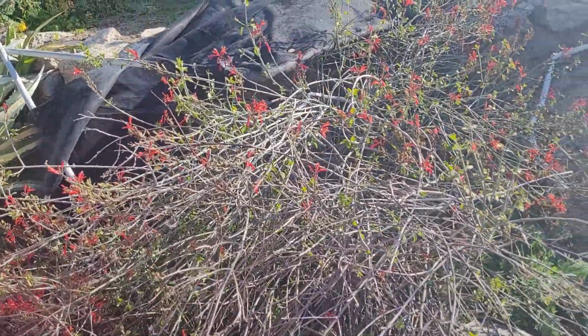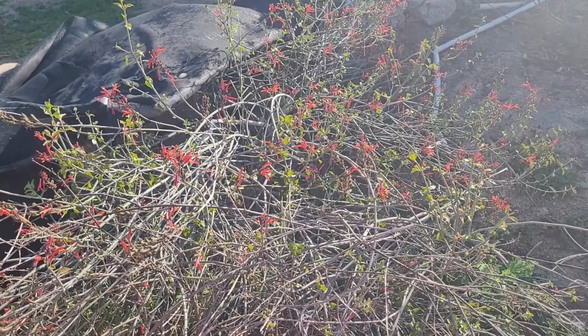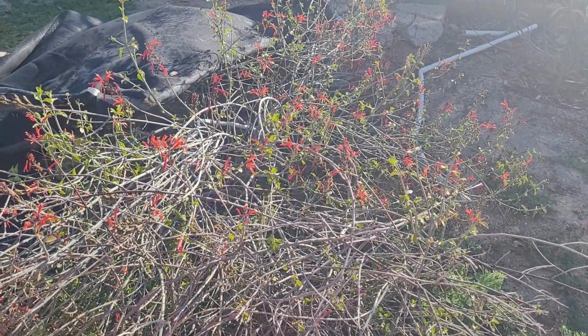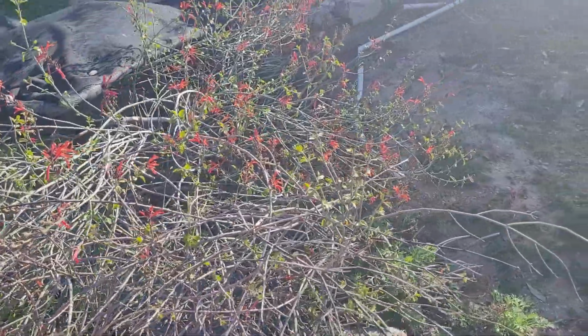Hello class, here we have a Chuparosa. I'm here at Fullerton College and I couldn't find one of these blooming out in the desert this week. But I came over here to the college at Fullerton City College, excuse me, and I found one of these blooming by chance. So this is